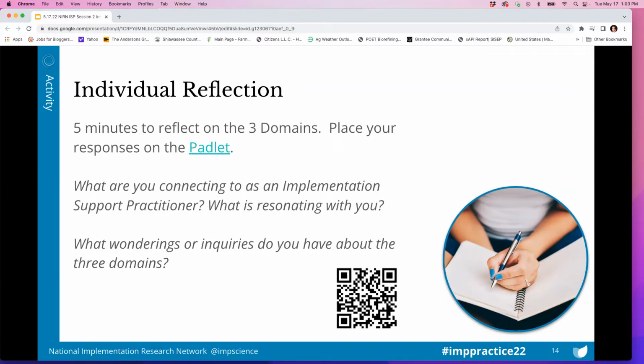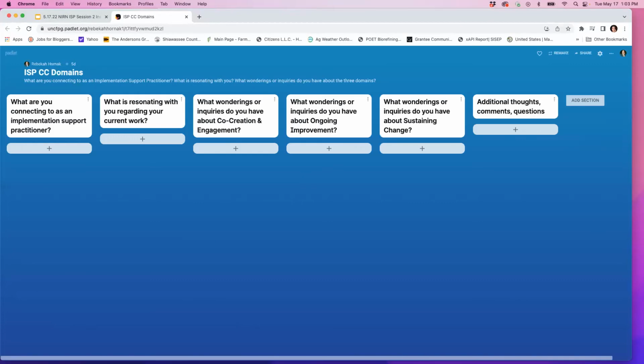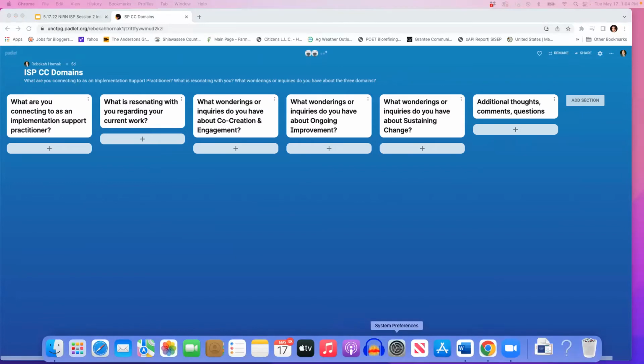What is resonating with you, and what wonderings or inquiries do you have about these 3 domains and these competencies? So there is a link to the Padlet. We'll also thank you, Jake. He's linked it in the chat for you, or you can scan it with that QR code if you would like. And let's hear from you as to what wonderings you have, what resonated with you, or what is connecting.